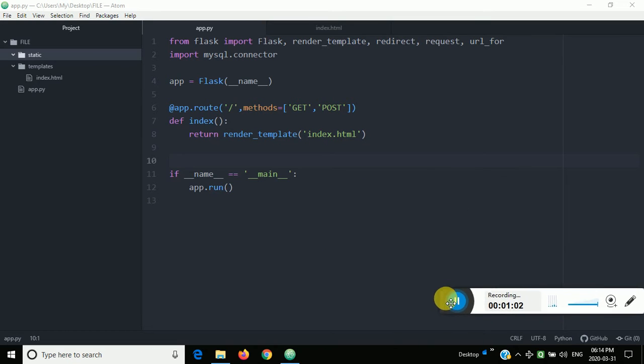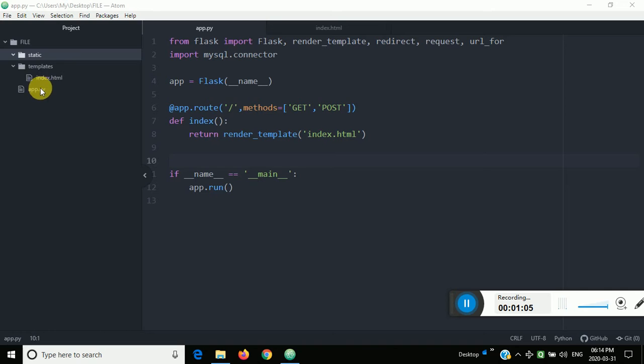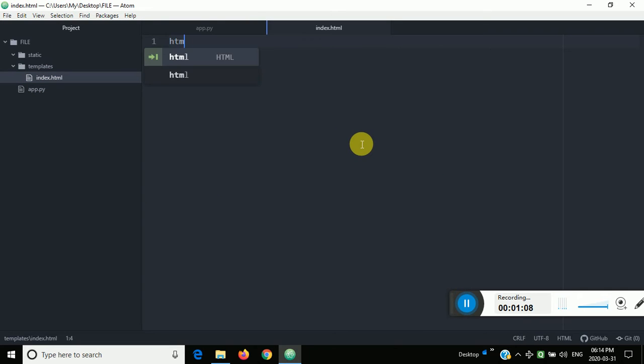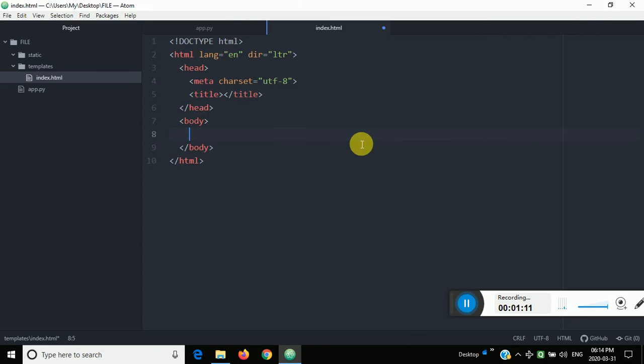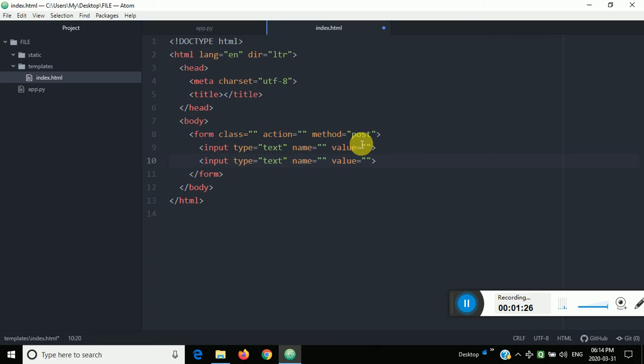To upload the file, first you have to create an HTML form, which you already know, in index.html. In it you just type HTML, and here you type form. Okay, so I'll remove this index. Next I'll type an input of type text, and another input of type text. Here you put a paragraph tag so that the inputs come one below the other and display on the website. So now I have created it like this.